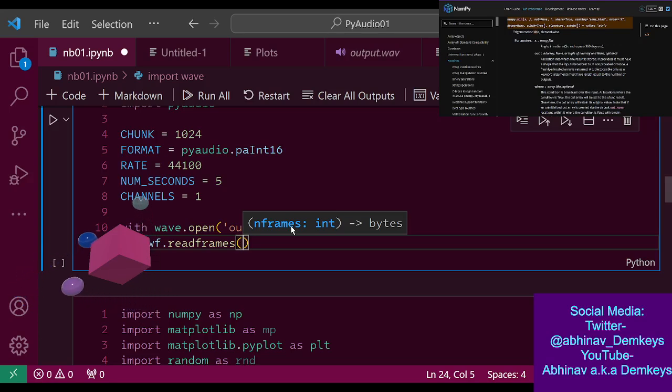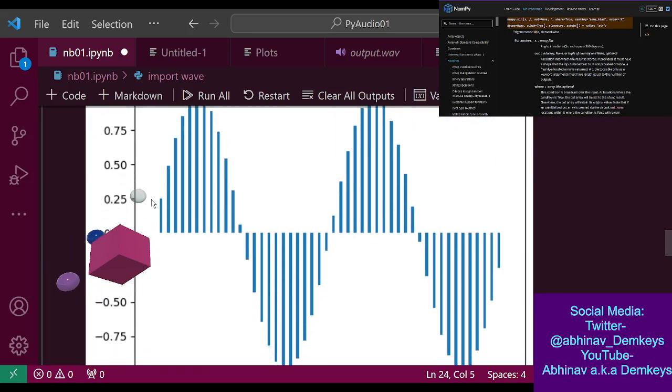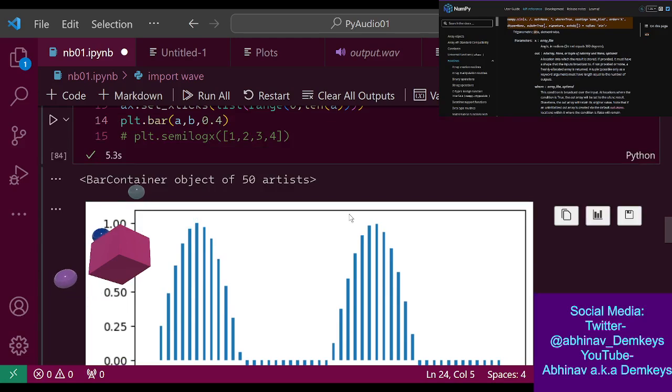I need to think about the negative amplitude, because if we are looking at this sine wave, it's going up and down and then back. So we're going front and then coming back, and then front and then back.